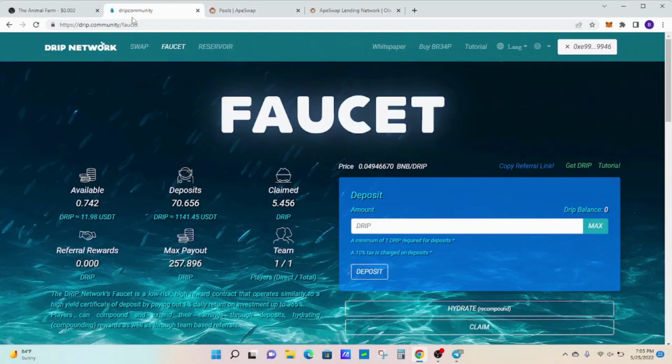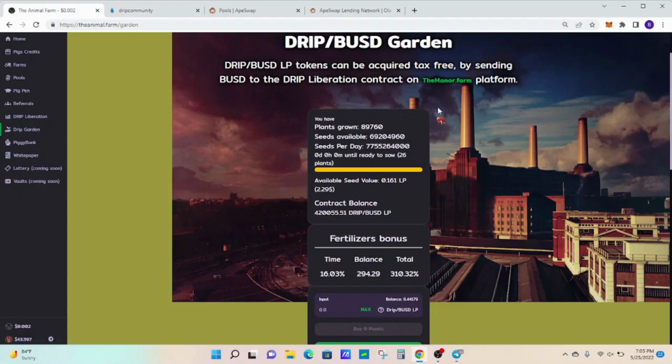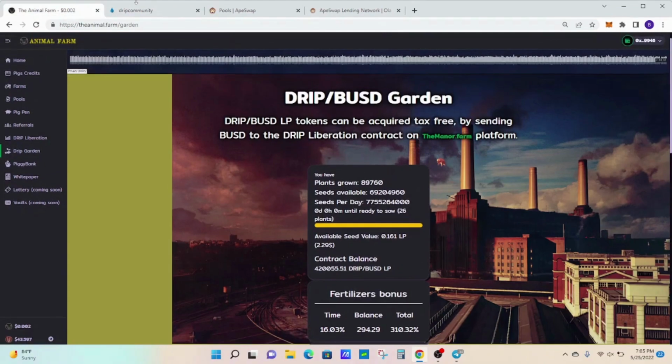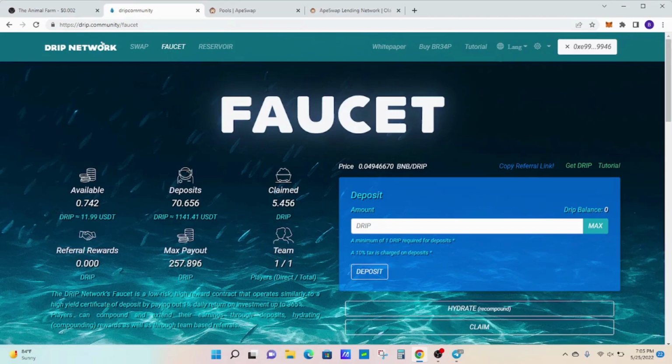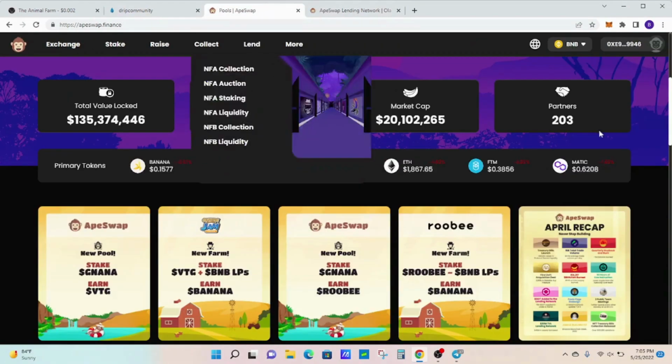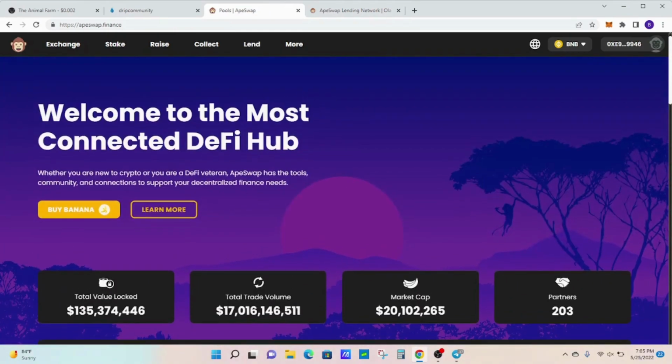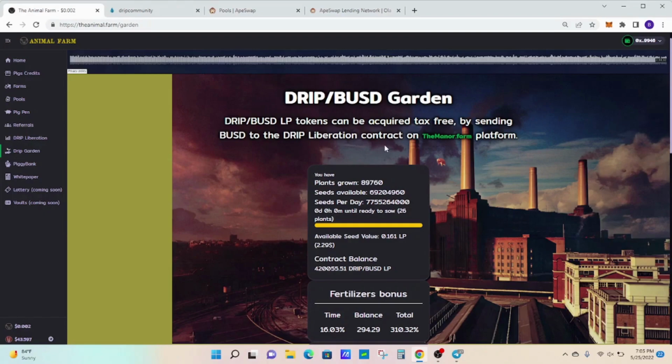As far as drip is concerned, and the faucet, I think we're still holding on here, still sort of in the downtrend, but I think that's going to reverse soon. And I've said it time and time before in different videos: when the drip token starts to go up, when all these partnerships and different apps come out and help push the price of drip and get a lot more exposure, then obviously you're going to see the drip garden start to take off as well. And it's only a matter of time, I believe, before that happens.